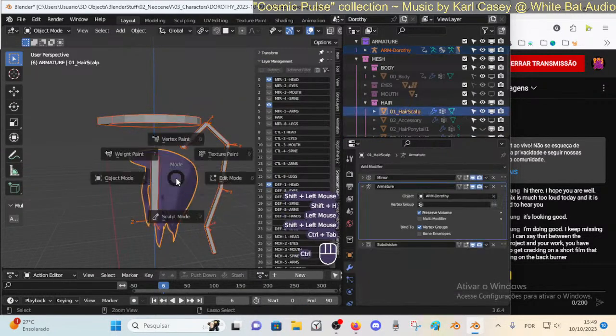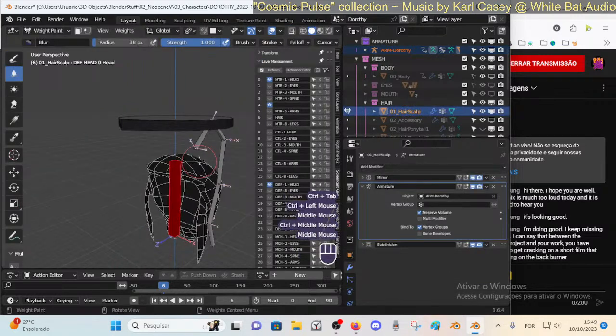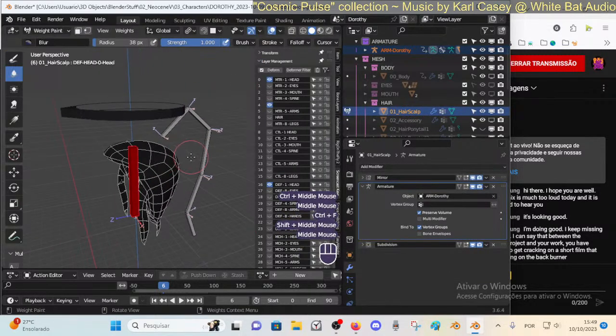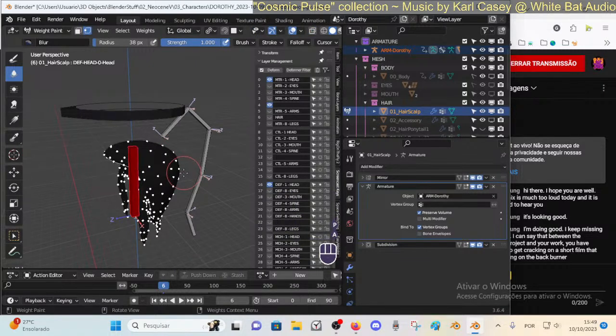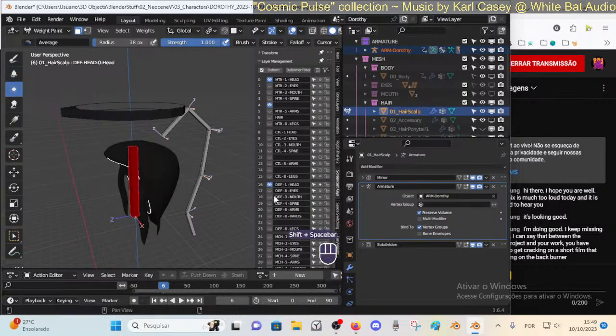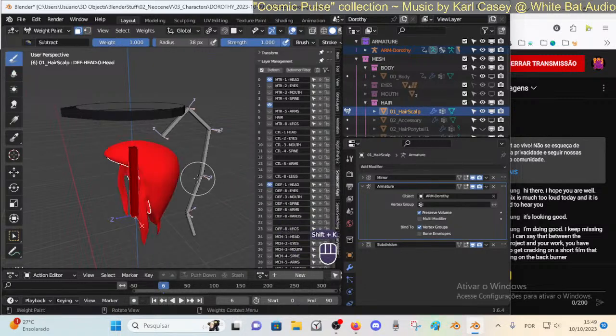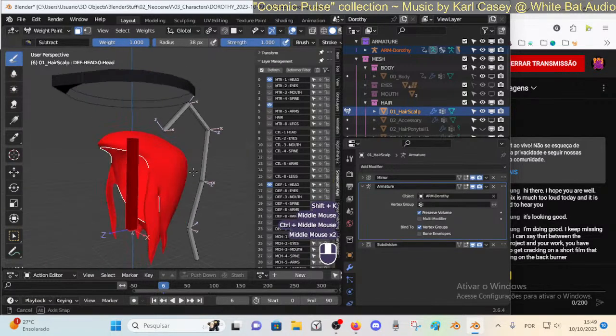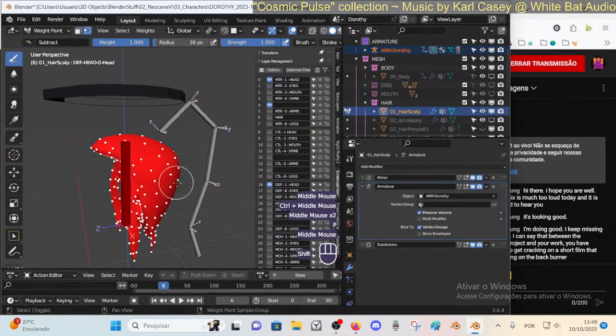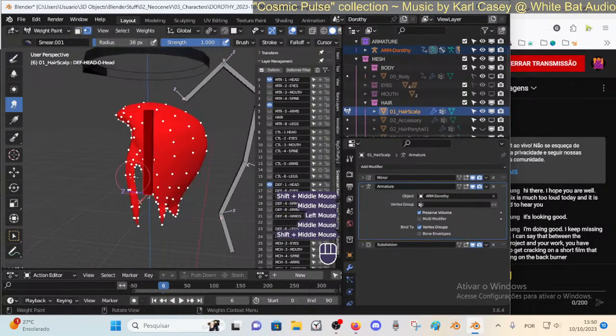So we can start with a Shift K maximum, but let's make a null selection. There we go, and then we start taking off some weights from these